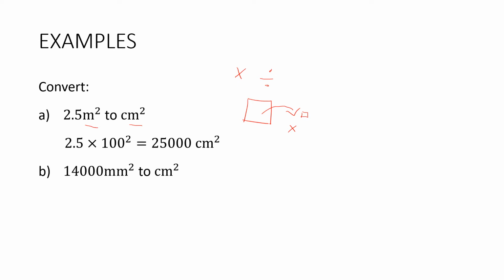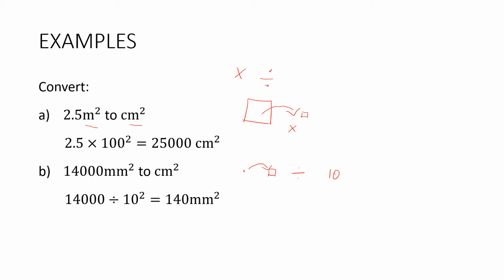Here's one more, 14,000 millimetres squared to centimetres squared. Let's try and figure out whether we are multiplying or dividing. What does a millimetre squared look like? It looks like a dot, doesn't it? Tiny, tiny thing. And we're going to a centimetre squared, which is a little bit bigger. So we're going from tiny things to bigger things. We want less of them. We need to divide. So I'm going to divide by the conversion. How many millimetres in a centimetre? There are 10. So I'm going to do 14,000 divided by 10 squared because they're area units,